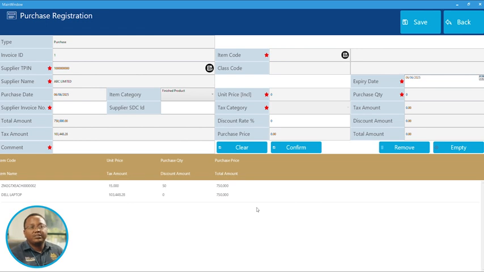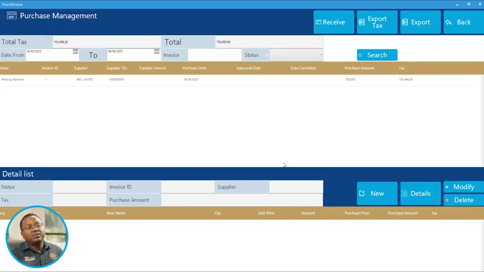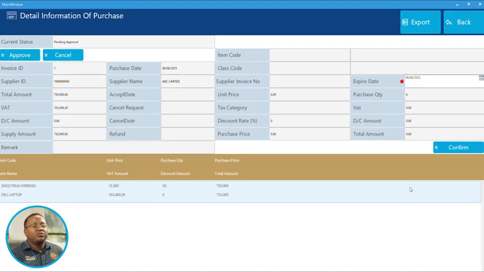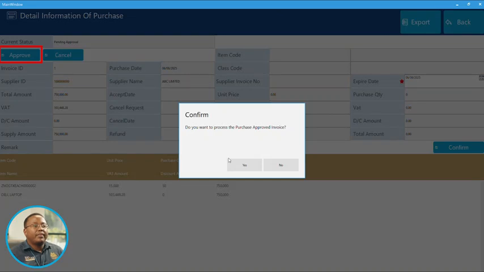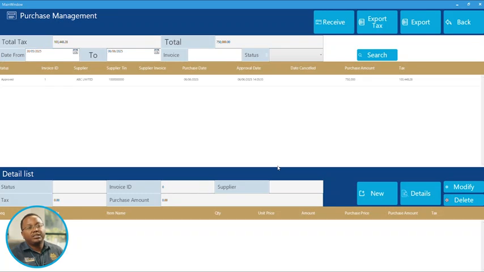So once the invoice details have been captured, we should be able to save this transaction. So once it saves, it still comes with a moniker as pending approval. Then we'll click on ABC Limited again, and we should be able to now approve this purchase to increase our stock quantity for this particular item. So once we click on approve, the purchase will be approved, and it will sit as part of our stock items. So when we click on back here,